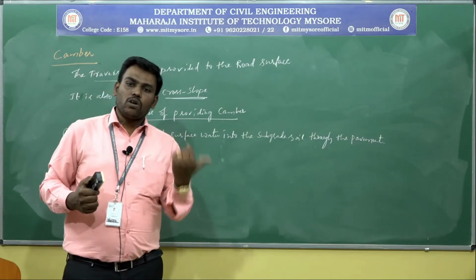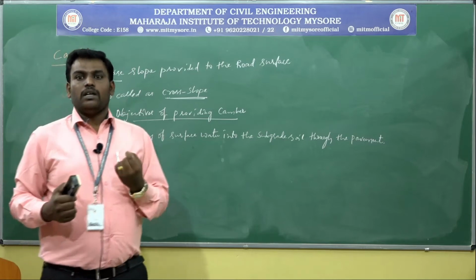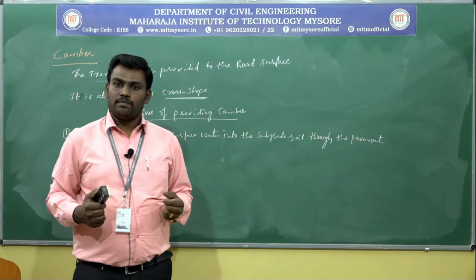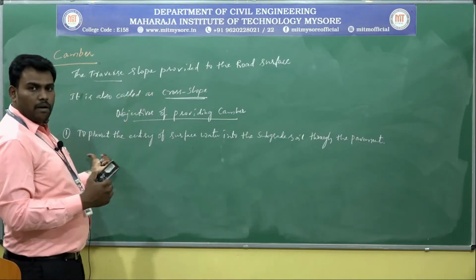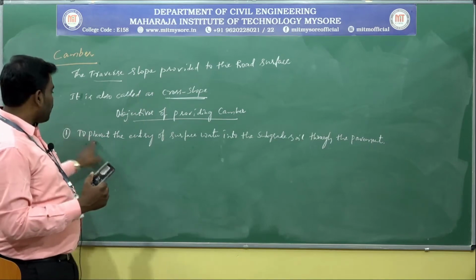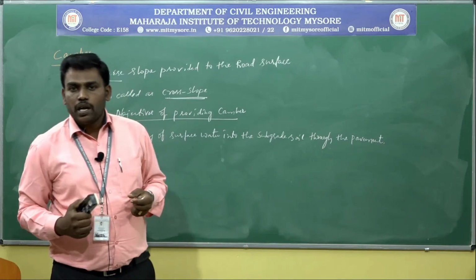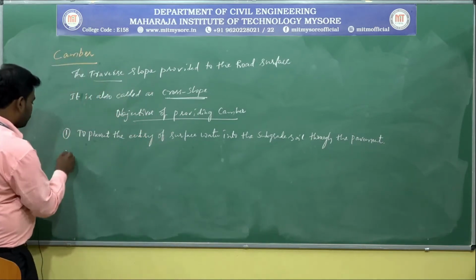When the soil gets soaked, the surface condition, the stability and also the life of the pavement get adversely affected. That's why camber is provided to prevent the entry of surface water into the subgrade soil through the pavement. Second objective,